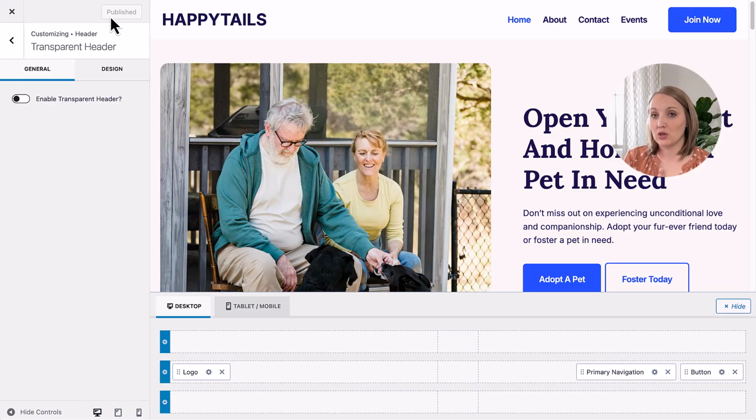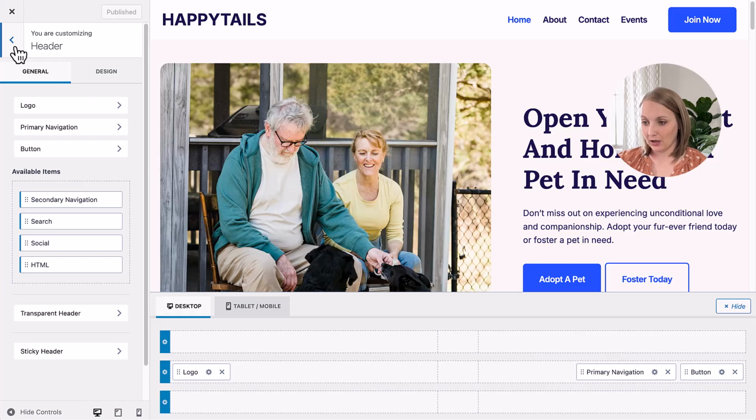So the transparent header is really beautiful when you want to create a seamless look, but in our case we don't need that, so we're turning it off because we just went in a different design direction. But you can totally use this tool if you want to, and you can customize it by playing around with the settings. So I'm just going to click on the back arrow,